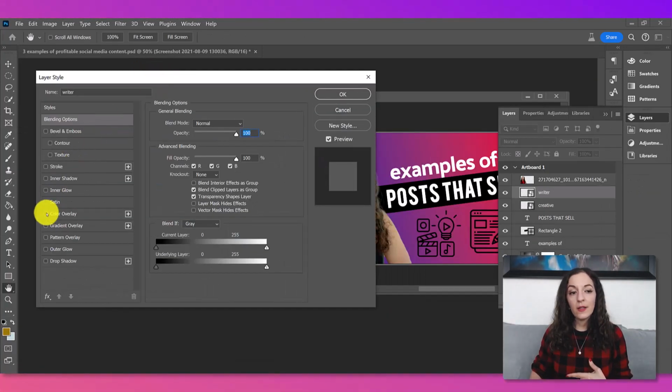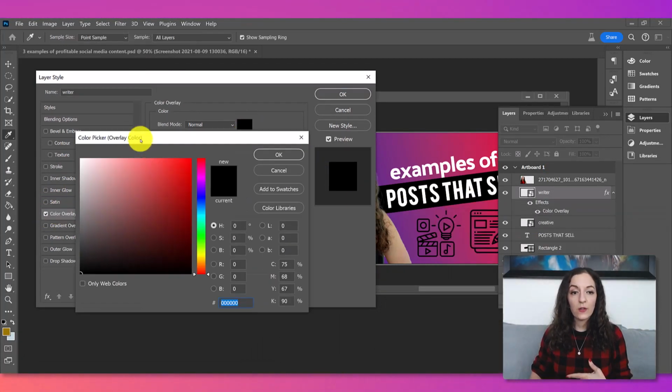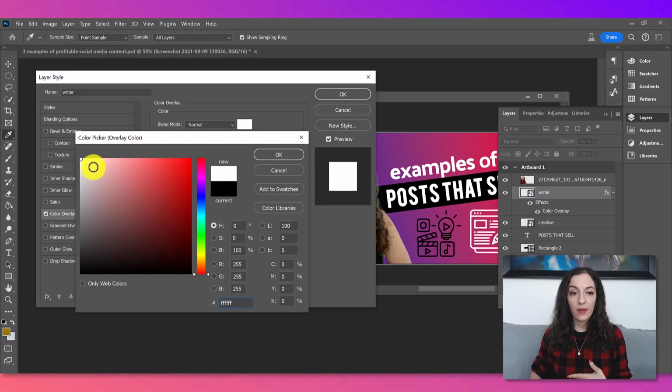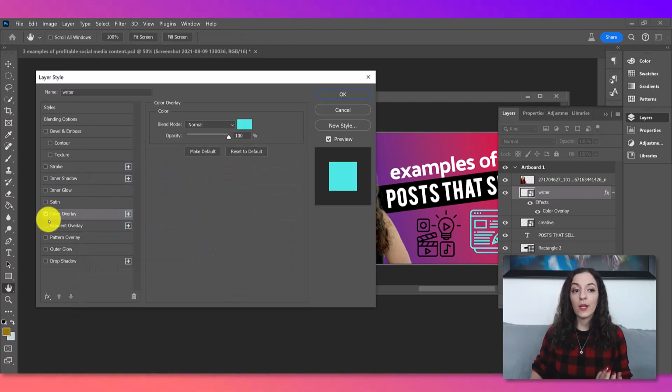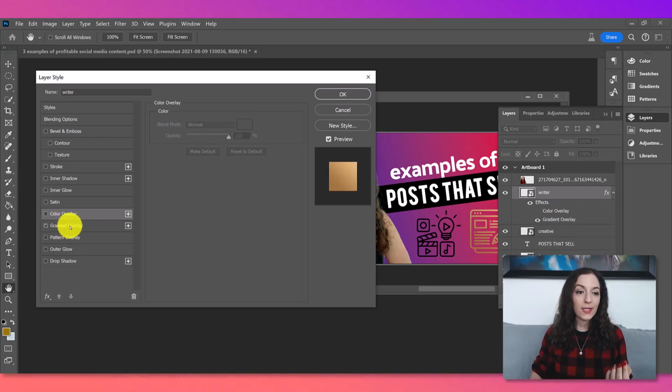I can click on color overlay and then change this to whatever color. It could be white. You can see here it's changing on the side. It could be like maybe a light blue, you know, however you want to do it. Or you could also overlay it with a gradient instead of a specific color. So let's go to